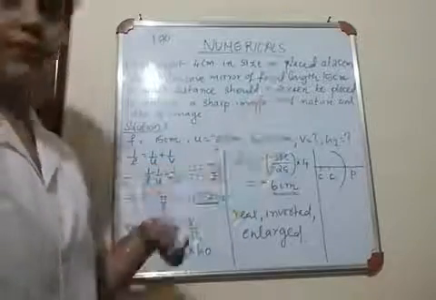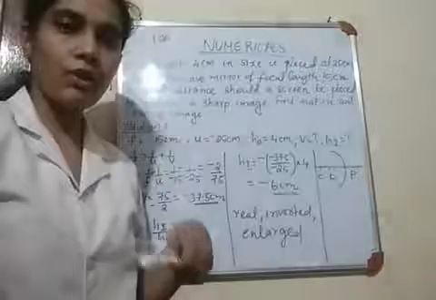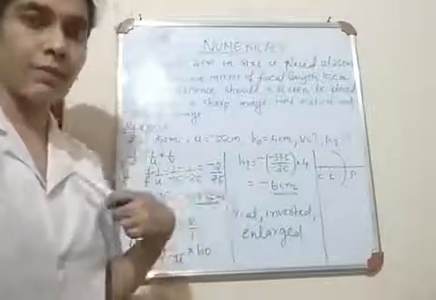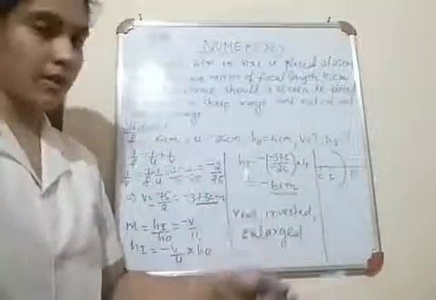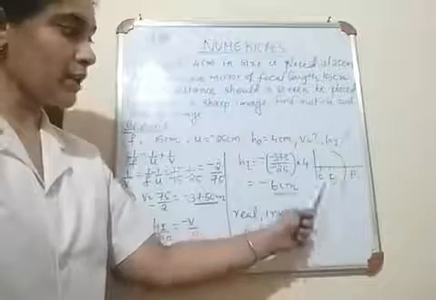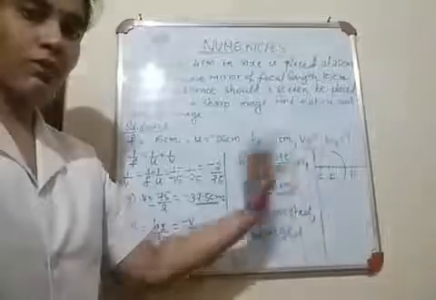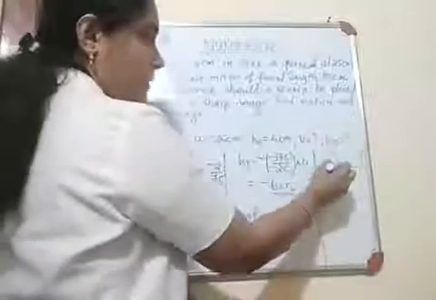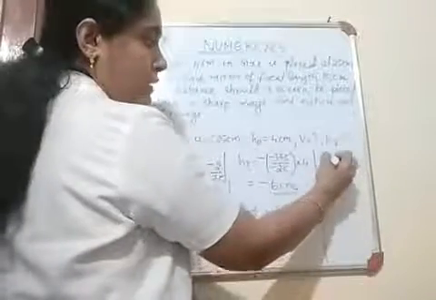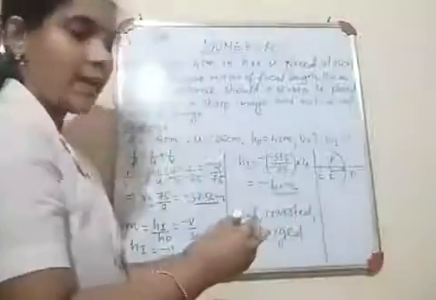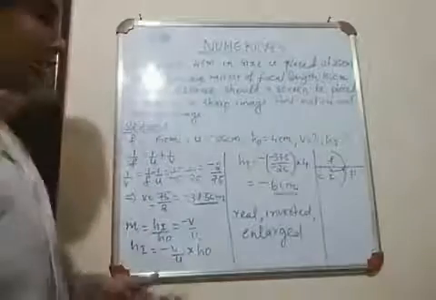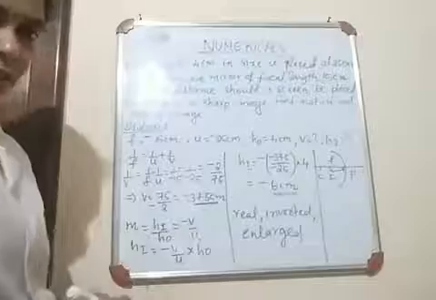Then focal length is 15 cm. So what is the sign of focal length? Is it positive or negative? Children, this is a concave mirror. For concave mirror, focus, center of curvature, everything is on the left side. So focal length also will be on left side. Focal length is the distance between pole and the focus. So focal length also will be on the left side. If it is on the left side, as per sign convention, it should be negative.